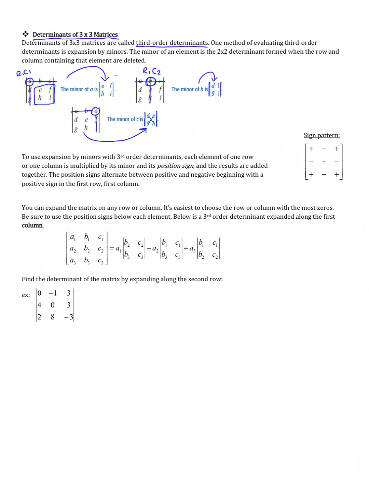So in order to expand, and again, when you do expand, you can expand on any row. This one we just did row 1. But I can expand on any row or any column I want. And in general, what you want to look for is zeros, because they make it really easy, because multiplying by 0,